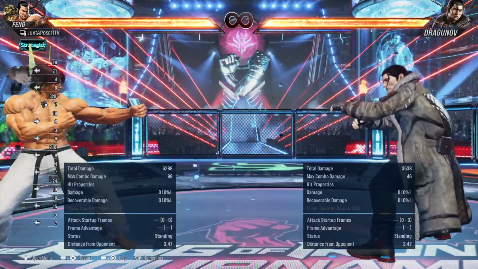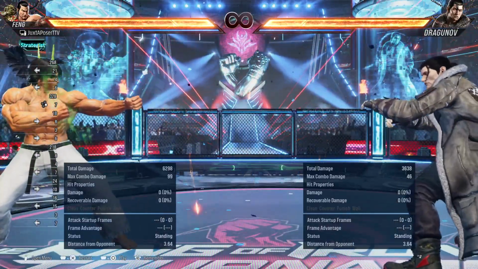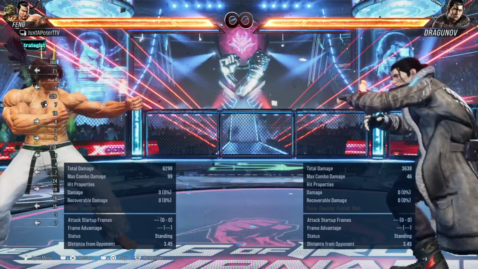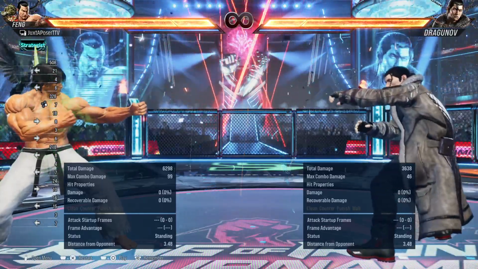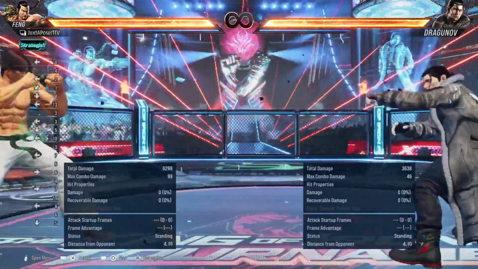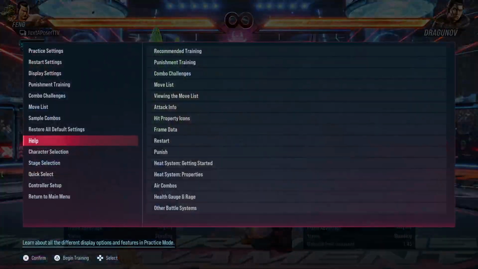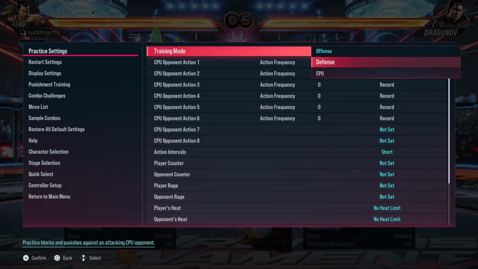Today we're going to talk about a topic I think is extremely important, and it is punishment. I'm going to explain what it means, how you do it, how you practice it, and why it is so important. Basically, when people talk about punishment, they're talking about whenever you put a character in a situation, right,